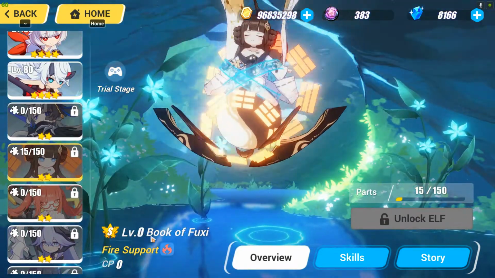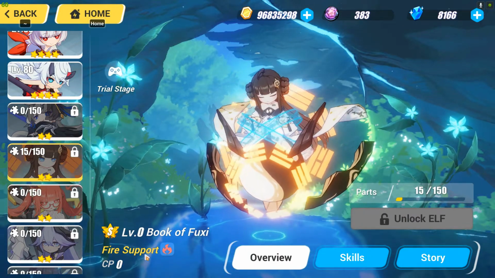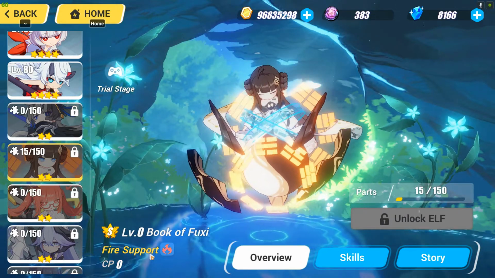The second best option is the Book of Fuxi, because Book of Fuxi is going to be able to provide fire support, and because of that your fire Valkyrie characters will have a much higher DPS damage dealing. Okay,